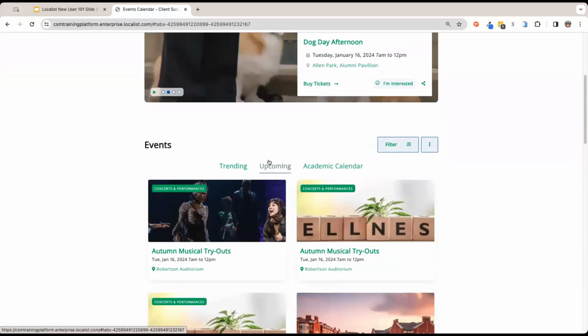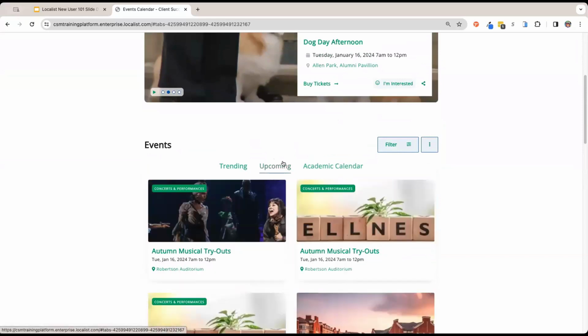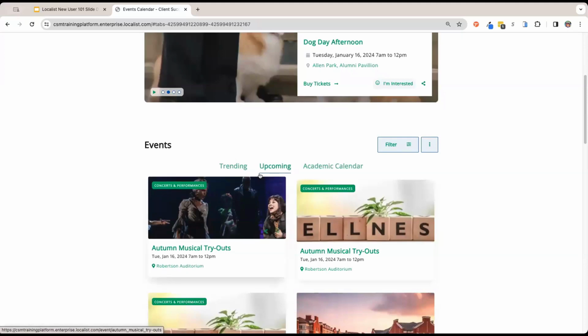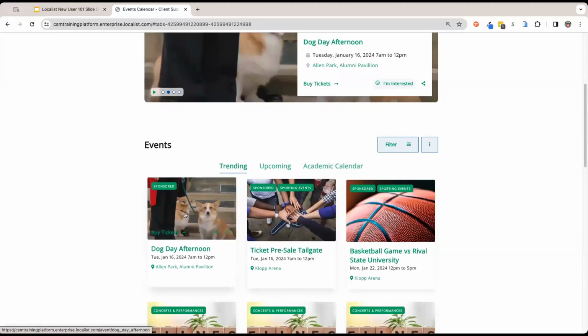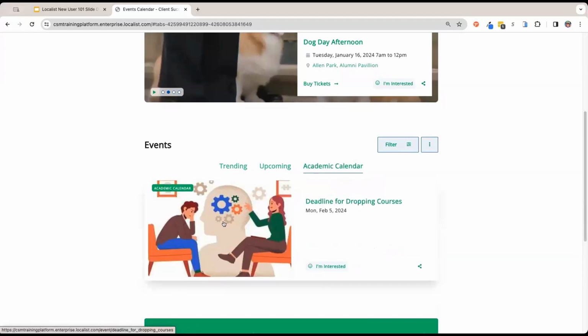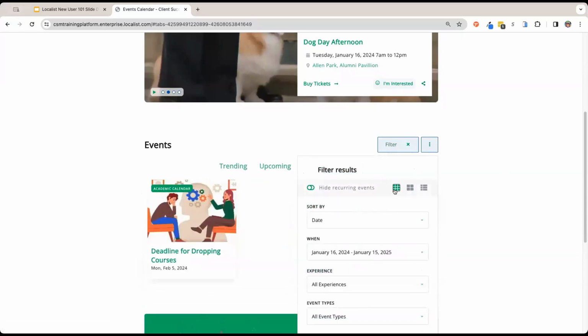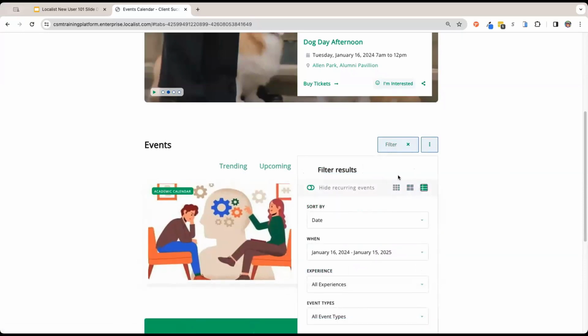The upcoming tab, pretty self-explanatory, it's just an upcoming chronological list of your events coming up. Now, one thing you'll notice is the size of the card increased as I clicked over here. This is something that can be set up by default, or you can have different sizes on different tabs. So here we have the small 3 across, the medium 2 across, and then I have the one longer component right here set up for academic calendar. And if you ever wanted to toggle that automatically, you can always edit that here in your filter dropdown, which